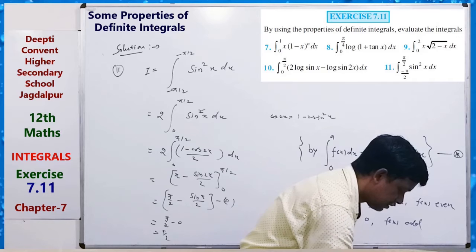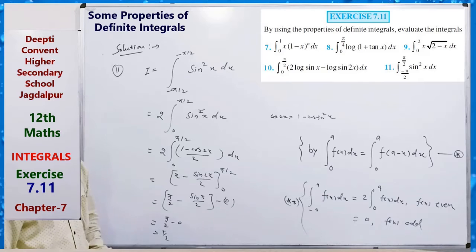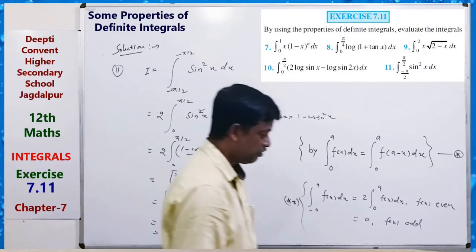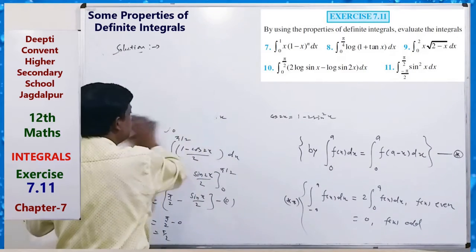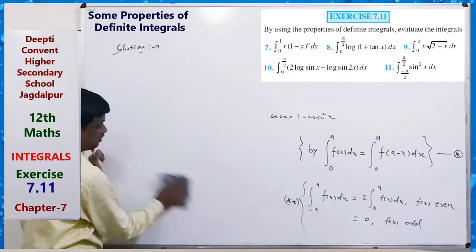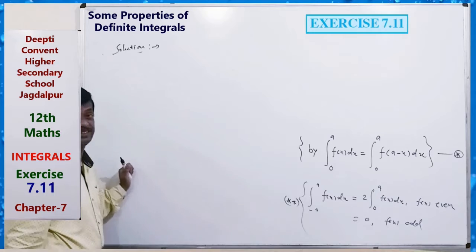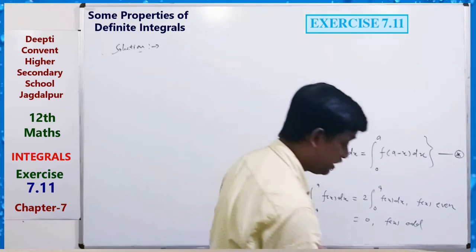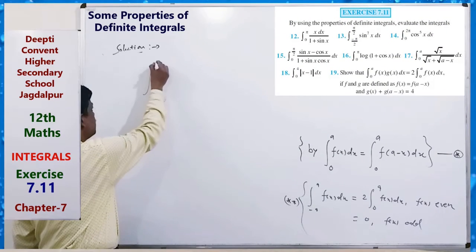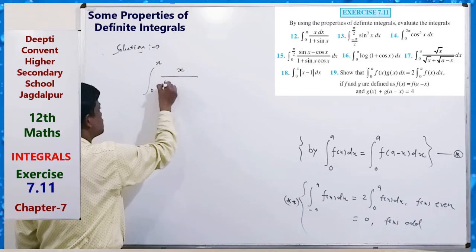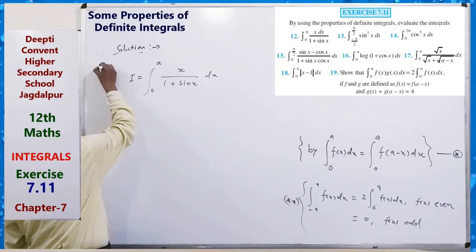Okay. Clear? So we can solve it by using this property. Now see question 12, x from 0 to pi. Here, look at the limit. Up to now we have been using the a minus x formula, where 90 minus something converts sin to cos and cos to sin. But here in 12, I equals the integral from 0 to pi of x by (1 plus sin x) dx.